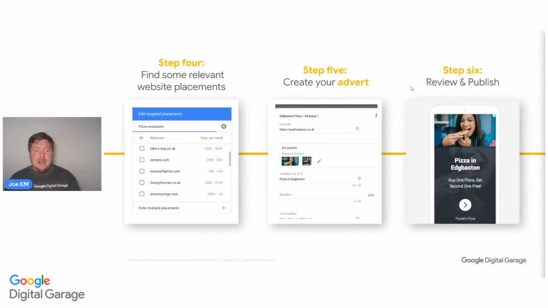So 250,000 to 300,000, 5 million to 10 million. So it's not necessarily choosing which one has the most audience. It might be that one is going to get better people. That one is going to get people who are more likely to buy, when others, they're doing research. So consider this when you're choosing your websites. Spend a little bit of extra time maybe researching them, seeing where the different blocks are on the page, imagining where your advert is going to be.